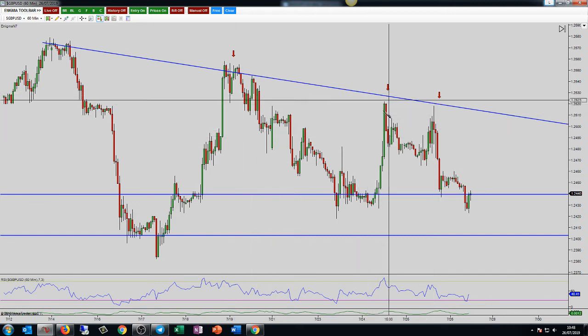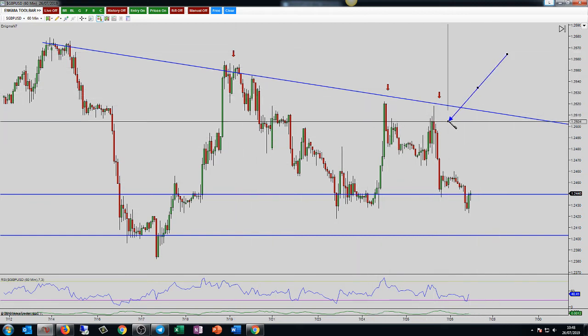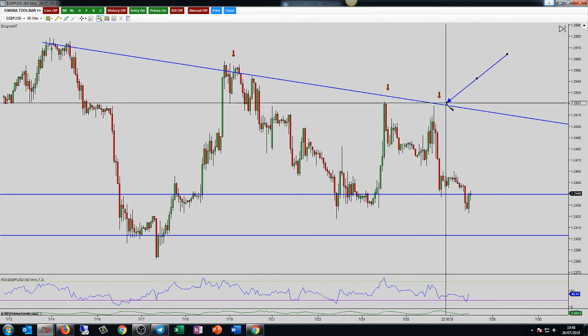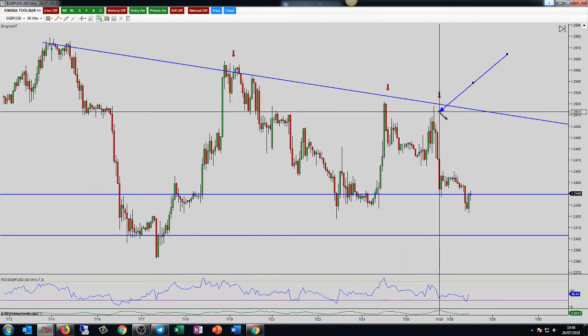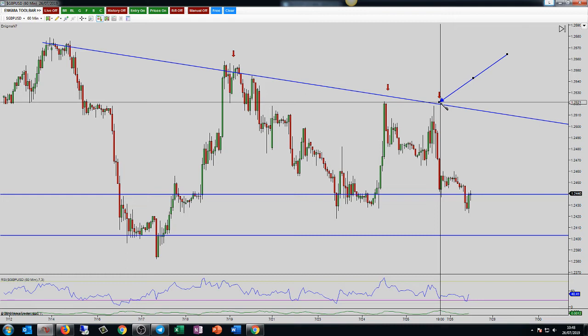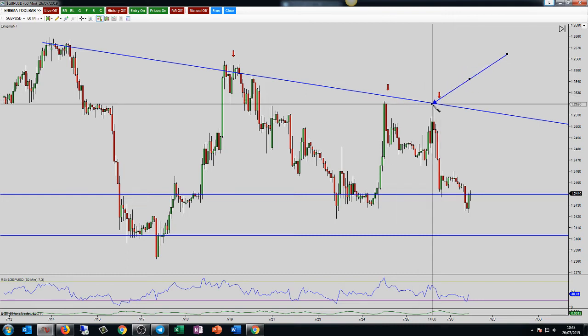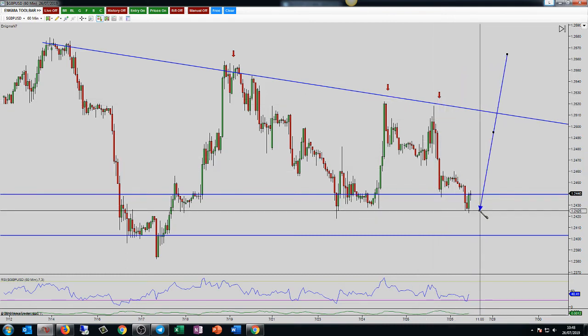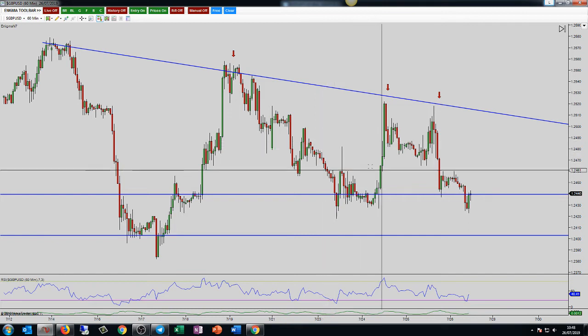And I know George was looking for a reason. Was it George? No, I think actually Marcus was looking for a reason to get involved up here, another double top, something like that. And it just didn't provide it. Just didn't provide it, and we're just seeing now the move to the downside.